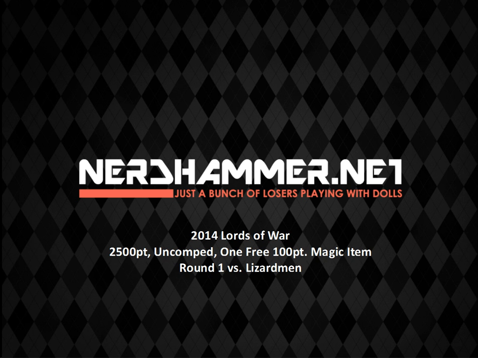So what I decided to do was take a filthy Demons of Chaos list, almost purely Nurgle, 2 Skull Cannons. With my free 100-point item, I took Papa Nurgle and I gave him the Trickster's Helm. You don't see it too often, but what it does is any successful wounds against that monster or character have